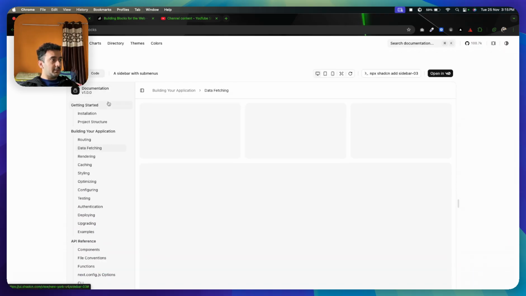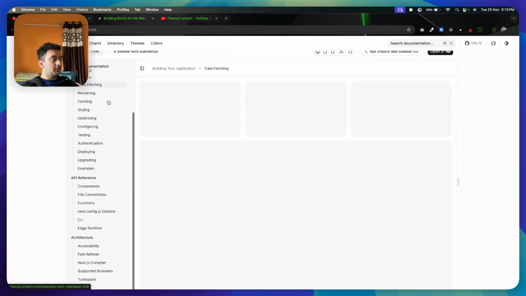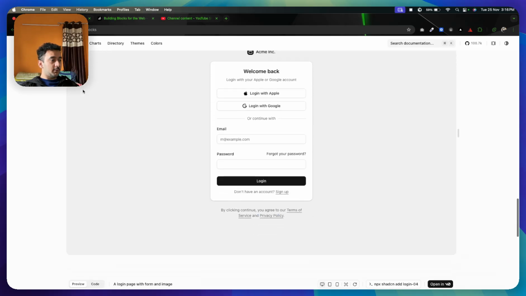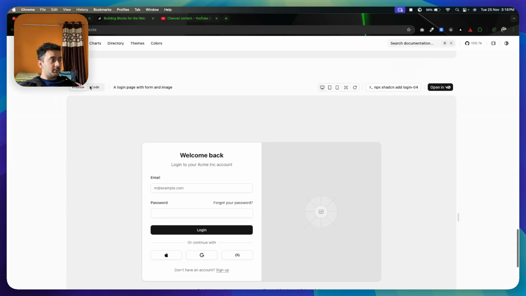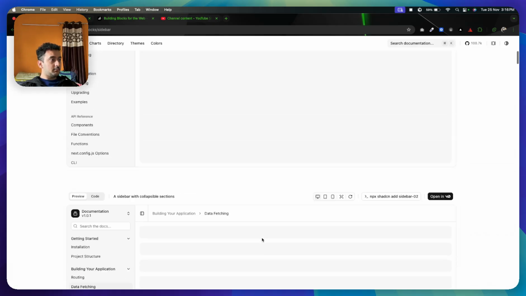Come here. If you want a sidebar with some menus that has a long list, so if you're building a documentation page, boom, come here. You can use it. If you want a login page, boom, come here. You can see the code. A lot of these basic fundamental heavy lifting, you can just use shadcn blocks, and if you just click browse more blocks,